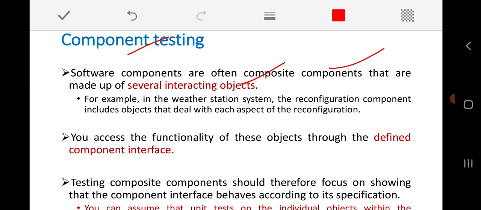In component testing, we access the functionality of these objects through the defined component interface.